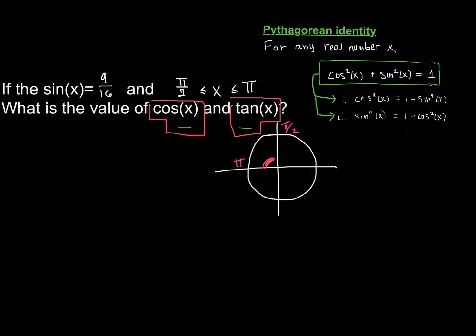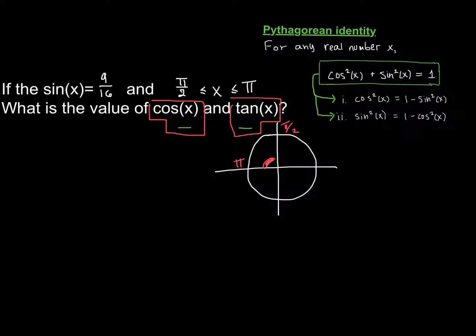Alright, now let's come up with a little bit of a plan for how to solve for cosine and tangent. To find the tangent of an angle, we need the cosine and the sine. So let's go ahead and find the cosine first. Now, using the Pythagorean identity, we have an equation where we have sine and cosine involved, and so if we can plug in the value for one, we can solve for the other. And particularly here, if we want to solve for cosine, we can do 1 minus sine squared and find the